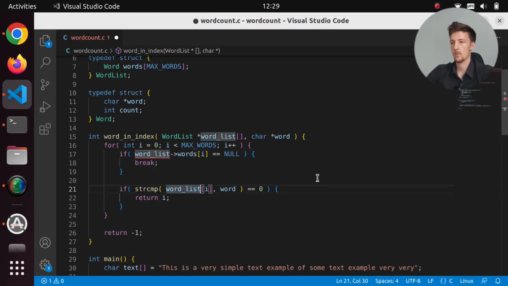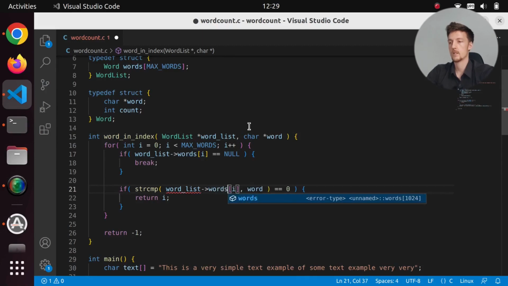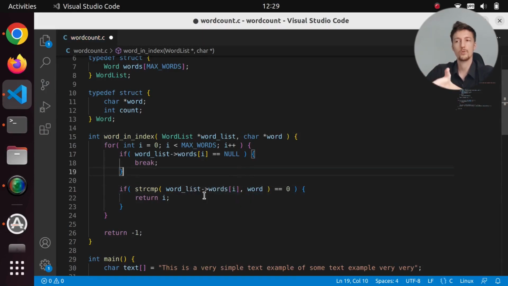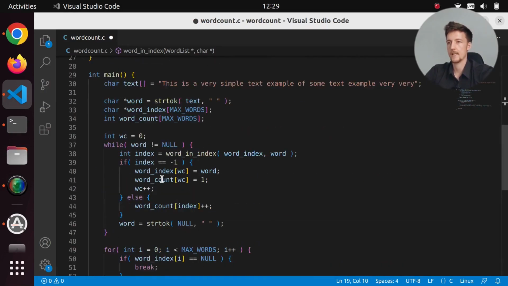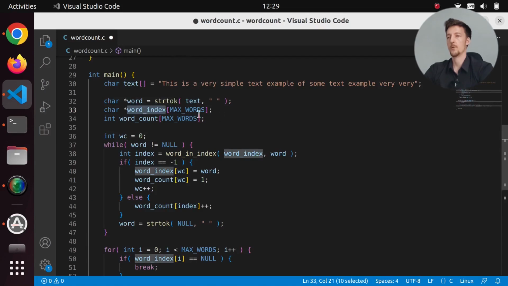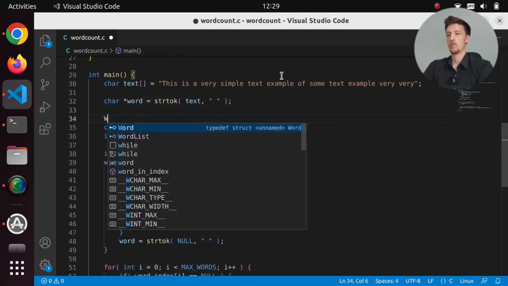And this will be actually not an array anymore. This is just the word list. And then we get the word list words index I, and here again words index I. So that should work if I'm not completely mistaken. And then let's go back here. And now instead of doing this, we will say that word list